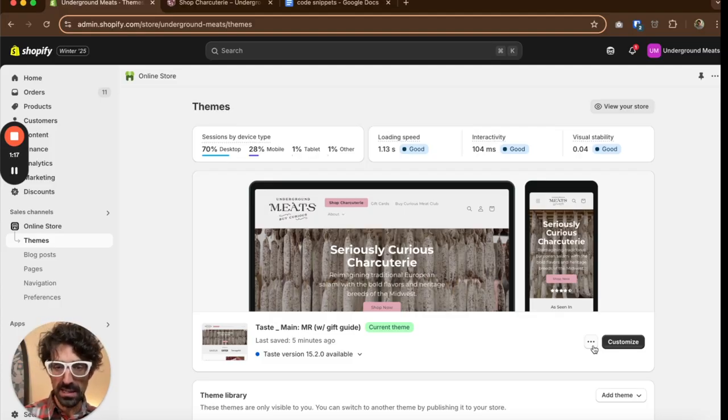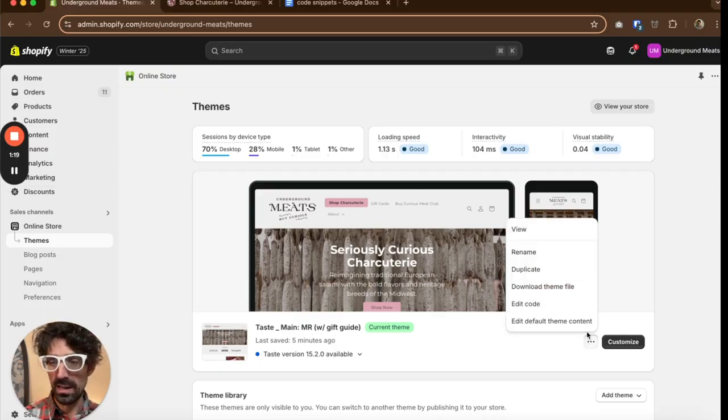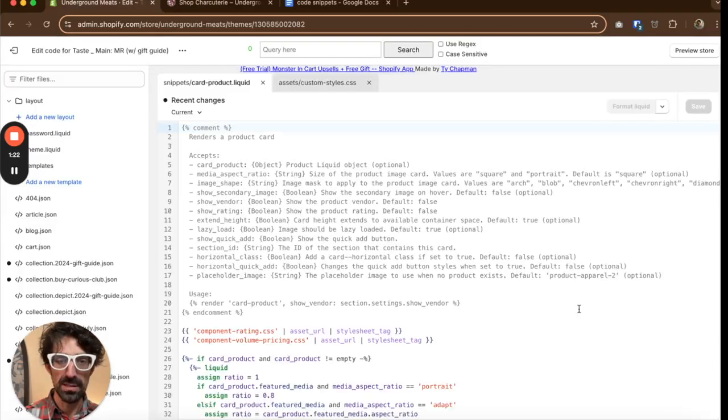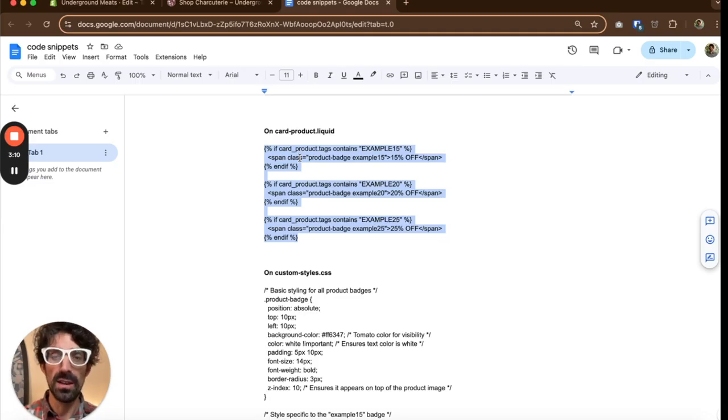In this case, I've already made a backup theme, so I'm going to go directly into the code files there by editing code, and I've already worked with ChatGPT, I was able to determine that I need to put some code into this theme's card-product.liquid file and some code into custom-styles.css. So after a bunch of back and forth and trial and error with ChatGPT's recommendations, this is the code that I determined needs to go in our